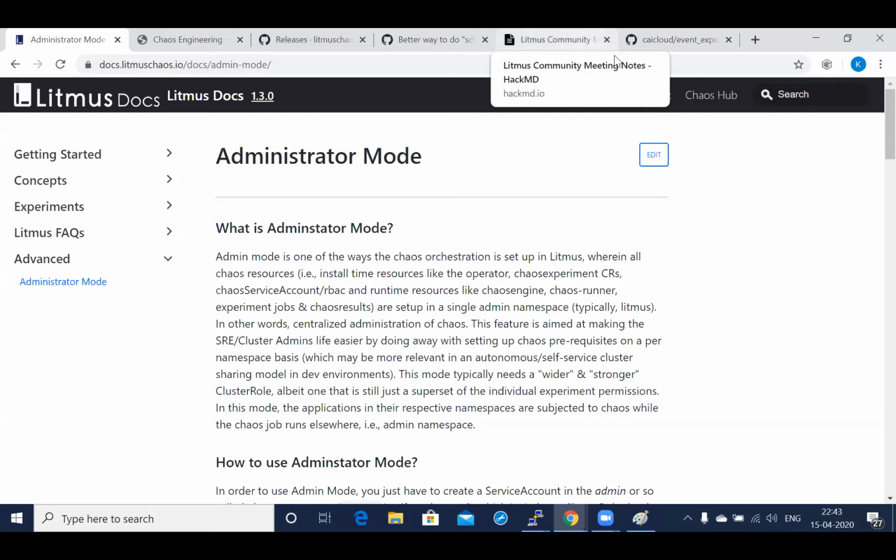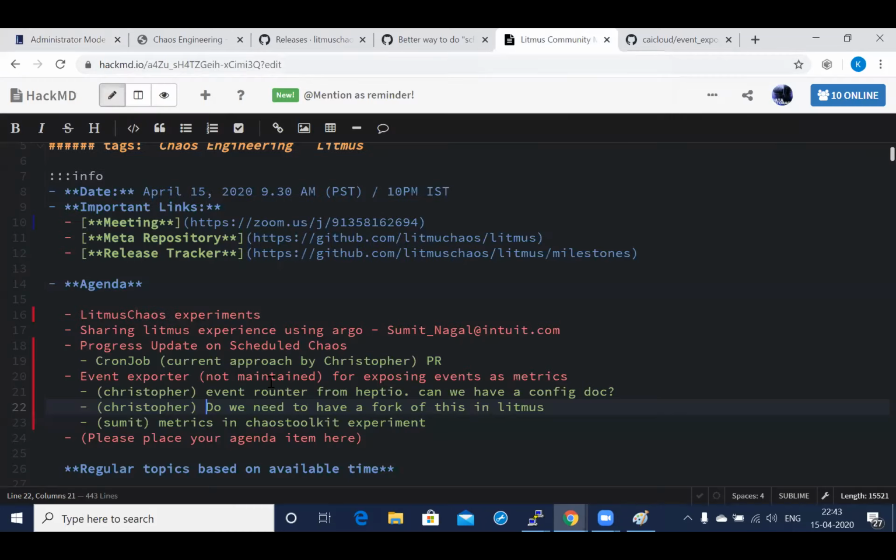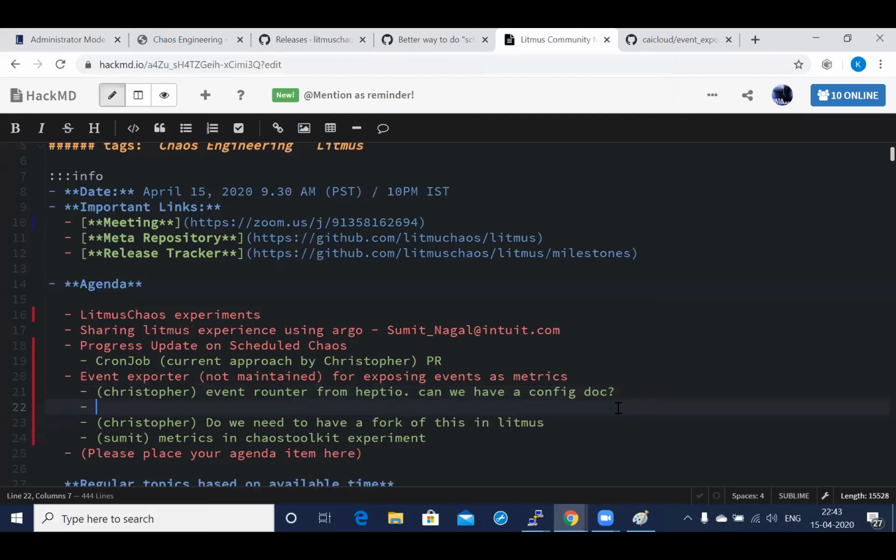The other thing I wanted to mention that is very useful about the Heptio event router, or having all of your Kubernetes events exported to whatever metrics system you want, Kafka, Hadoop, whatever, is that you can correlate other Kubernetes events that are non-chaos related with it. So for example, I was running Node CPU hog so aggressively that I basically shut down the entire cluster, and every pod was getting evicted, which is what you want to see.